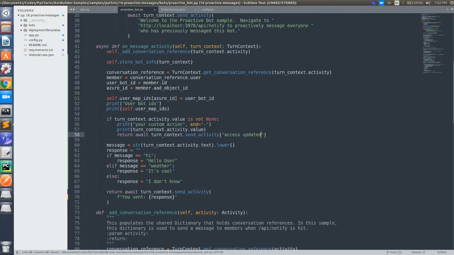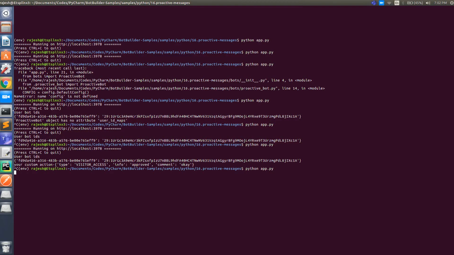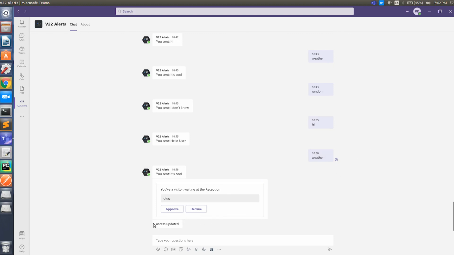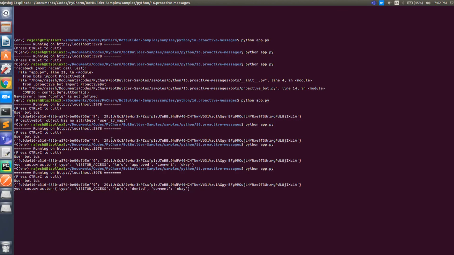Now let's rerun our code, and let me go to Teams, and this time I'll pick decline. See, you can see the access is updated, that message came back. And if we go to our terminal, we can see your custom action, the type is visitor access, info is denied, and the comment is okay, whatever comment we have typed.